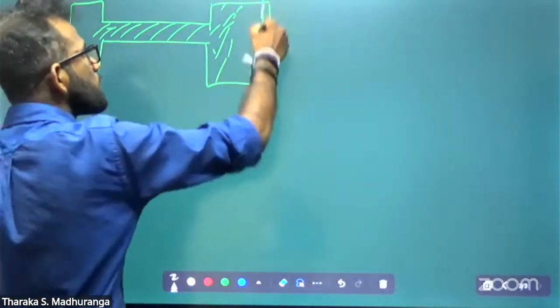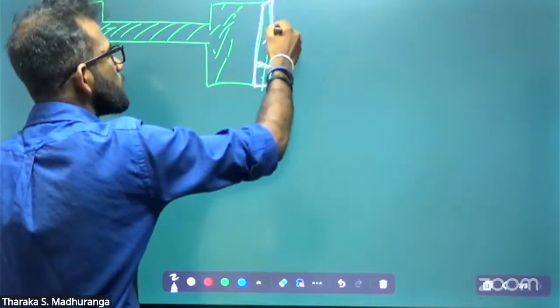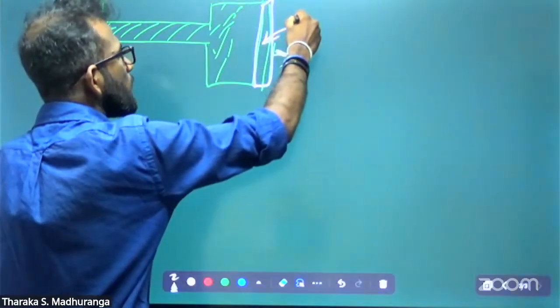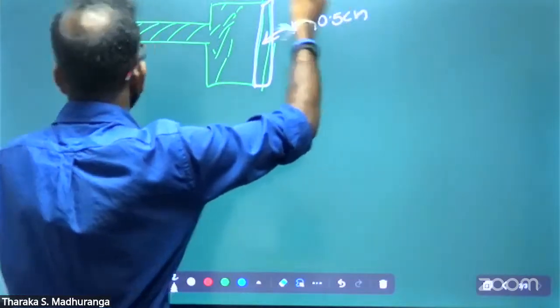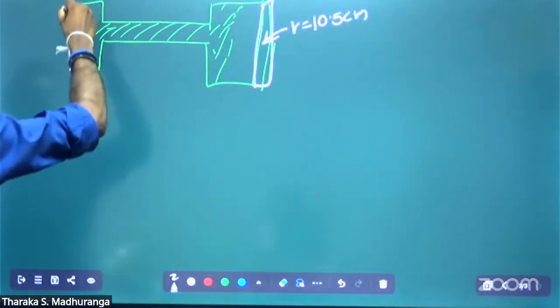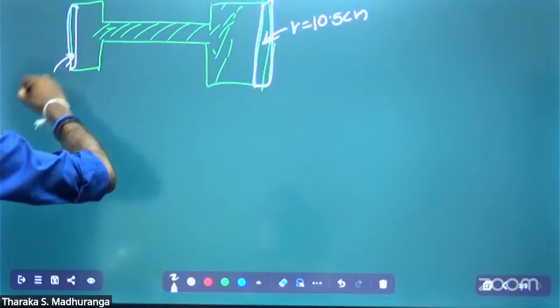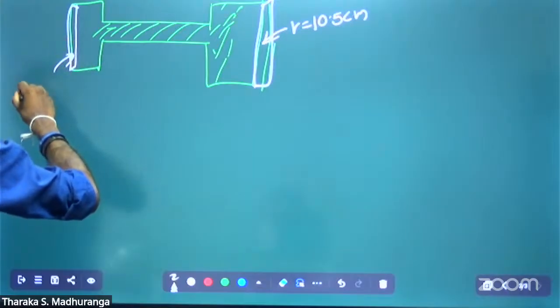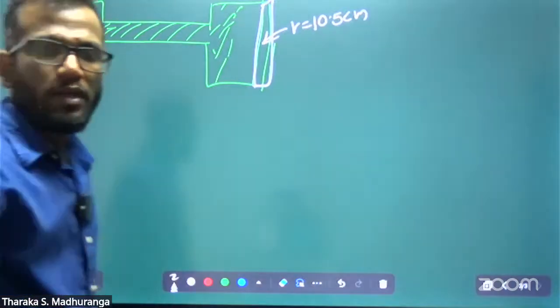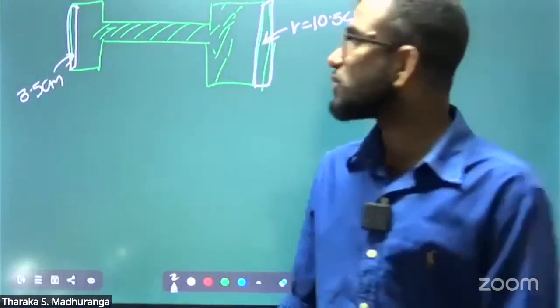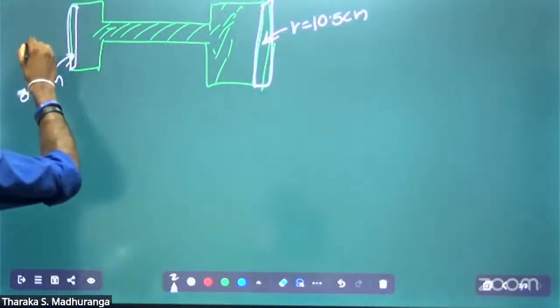Now this side, the diameter given is 21, that means the radius is 10.5 centimeters. This side, the diameter is 7, meaning the radius is 3.5 centimeters. Now, if 20 Newton is applied on this,